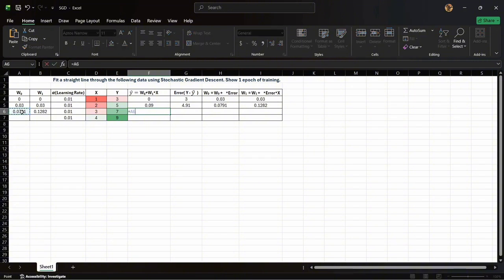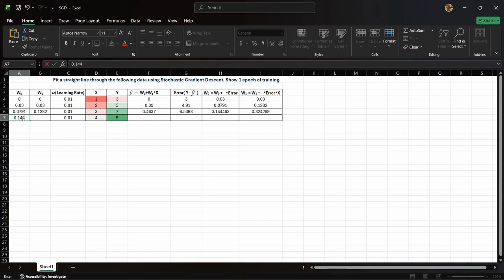Y hat equals w0 plus w1 into x. Calculate the error as actual value minus predicted value. Update the weight w0 equals w0 plus learning rate into error, and w1 equals w1 plus learning rate into error into x. And after the completion of the third iteration,